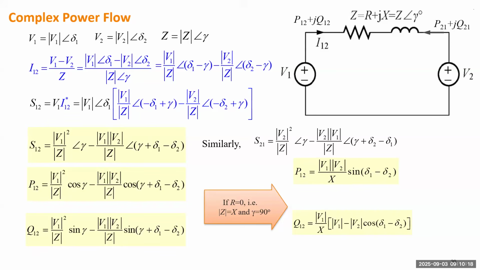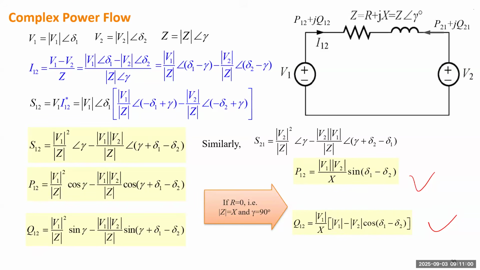So finally, we have two general formulas for the active power and reactive power. So they depend on the magnitudes and angles of both voltage phasors. And then we have those two formulas for the case without loss, which means R will be 0. So that will make the formula simpler. And we can utilize those two formulas to understand how active power is delivered. So from the first formula, the sign of P12 depends on which angle is higher, right? So if V1 is leading V2, active power will be from left to right.